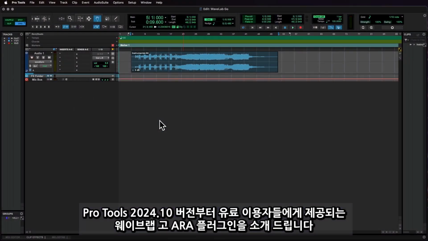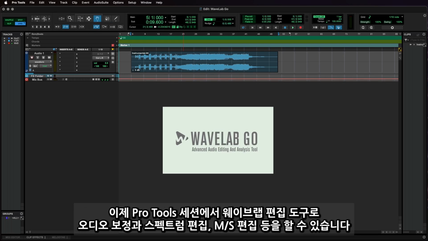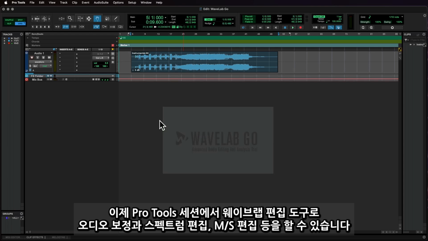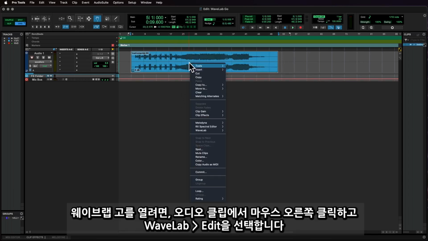Today we will explore WaveLab Go, the new ARA plugin that is available for Pro Tools users and brings audio repair and enhancement, spectral editing, MS capabilities, and many other features directly into your Pro Tools session in a non-destructive environment. To open WaveLab Go, you can select an audio clip, right-click on it and go to WaveLab and select